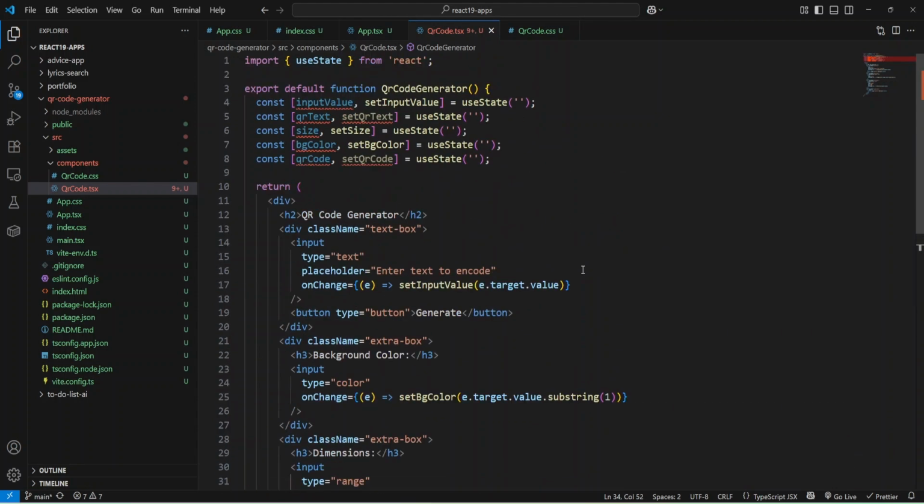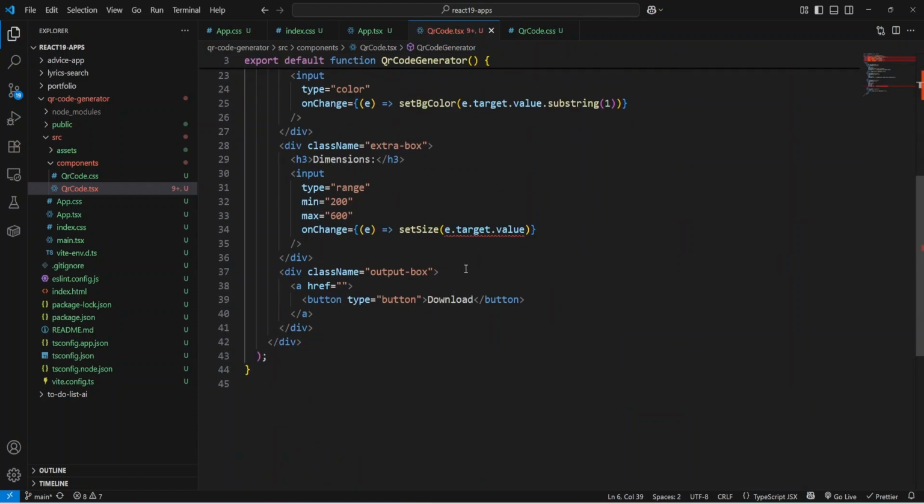And we need to provide some initial value for size, and let it be 400. Okay, and now I need to fix it here, and let me add Number, and fix our value number. Okay, and that should work.